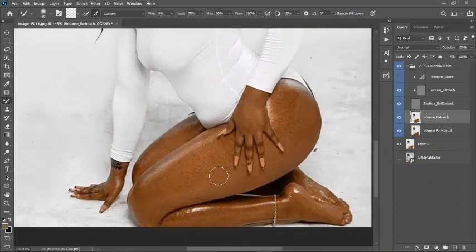So I'm just going to zoom in, take the picture down, make sure the brush is small, and I'm going to paint on our skin like this. Now when you are doing